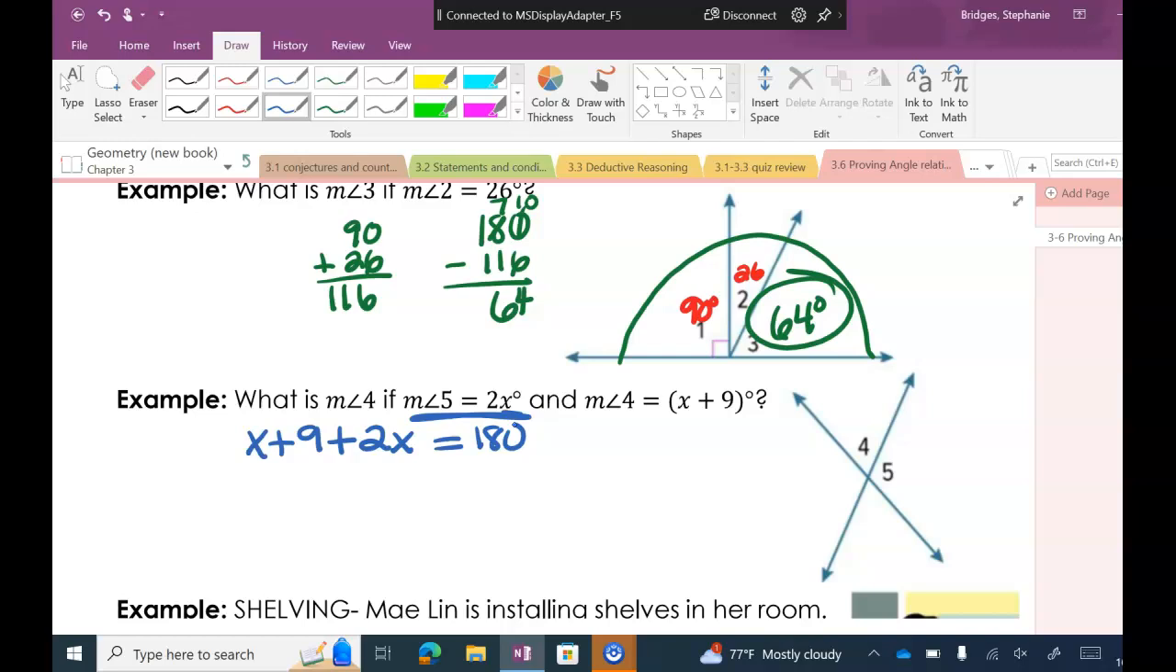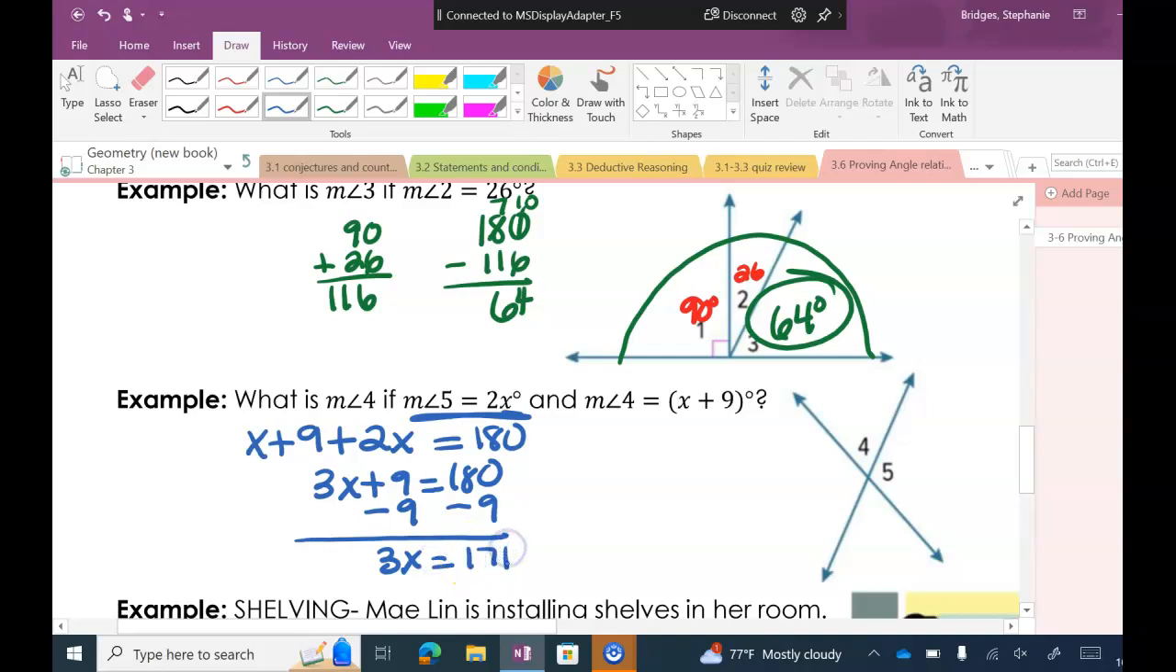x plus 9 plus 2x. If I combine my like terms, what does that give me? Then we would subtract 9. So 3x is going to equal 171. And then I'm going to divide